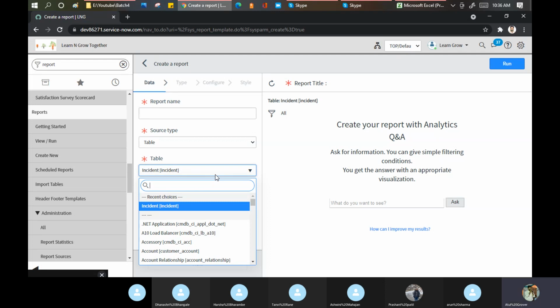I just put a simple example. I want a report where the incident has been breached and that incident has a change attached to it. Just three filters I'm putting. But to get these three filters, it will traverse all the records available in the database, which may impact my system performance. So ServiceNow says you can use the database view, but don't use heavy queries on that part. Now how can I get a database view? Go here.